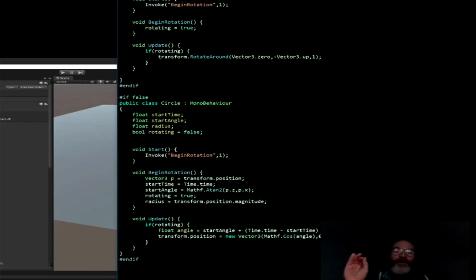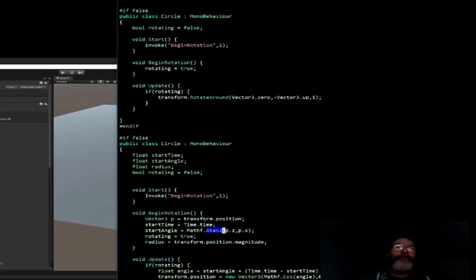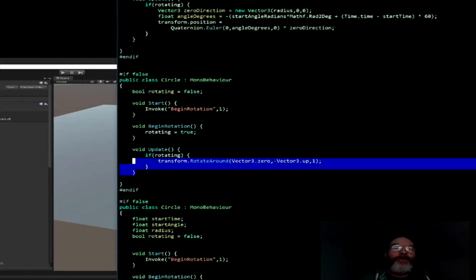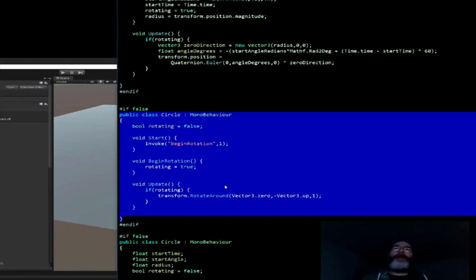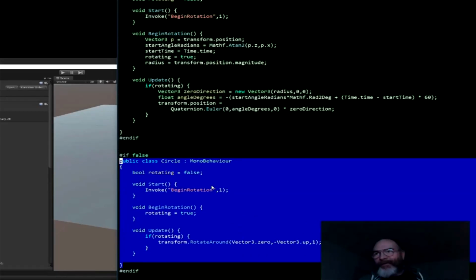So specifically, what I was doing was showing different ways of making an object move around in a circle, and the idea was specifically to start with it at a certain distance from the origin and have it move around in a circle from that starting point. And so there was this, which used trigonometry, the atan2 function, to get the angle and then changing the angle over time. Then there was this simpler version, which was simply using the Unity API,